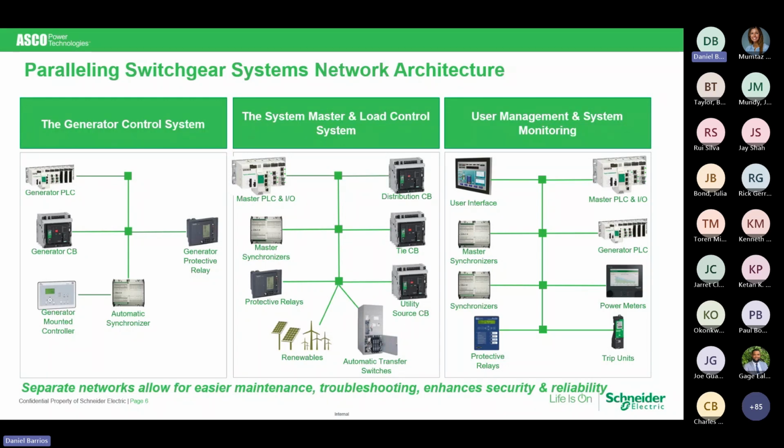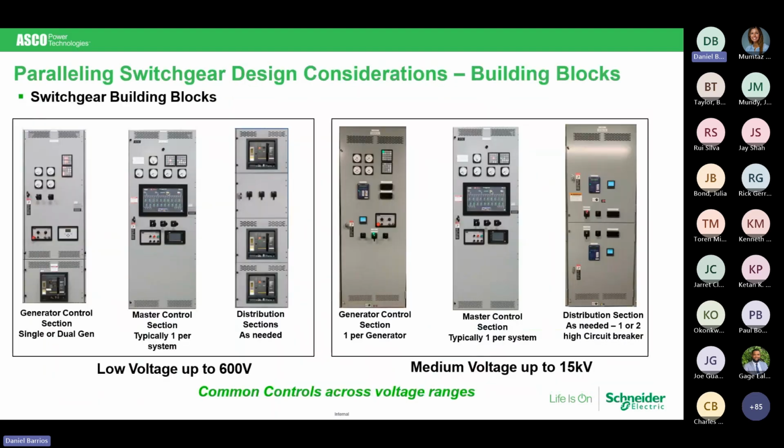Many times with the trip units now shown, we are typically using the Square D type breakers, NW, MTZ. We can get information directly from the trip unit also. But many times we run that through our system and use the user interface panel in order to get that type of information.